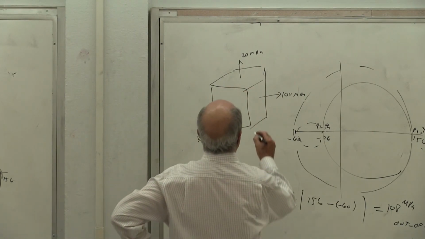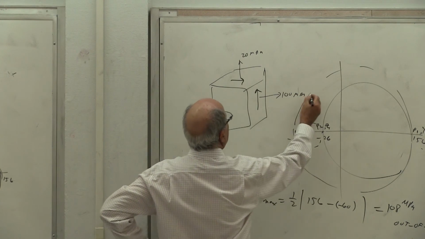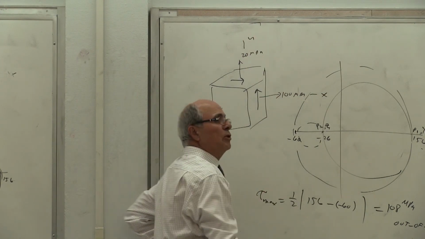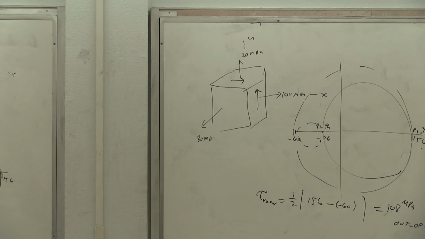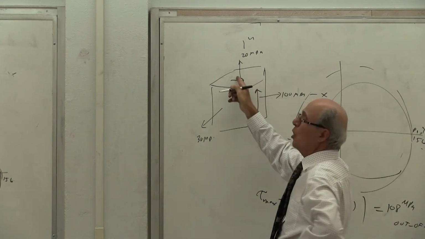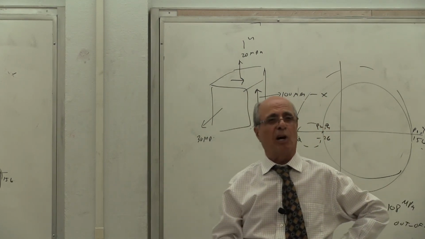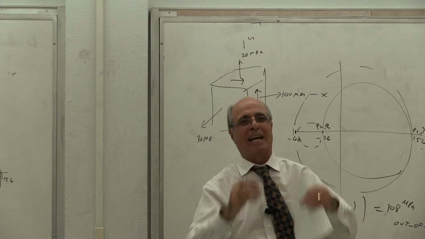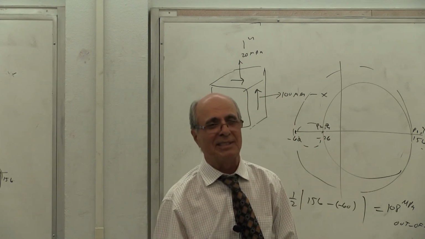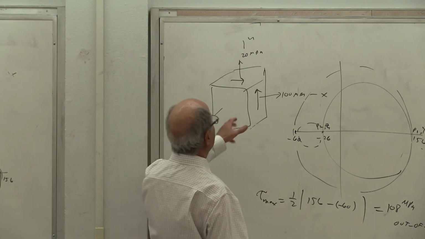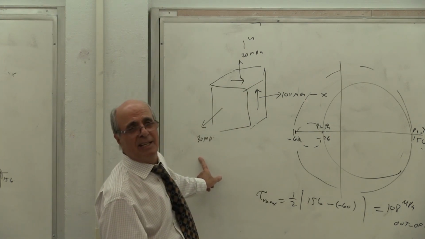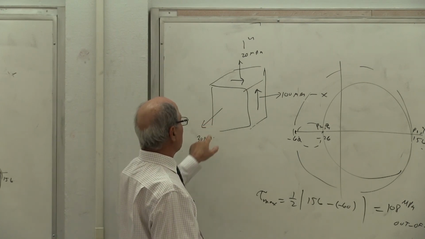Now, if I put here a shear stress, and this is X and Y, notice I do not have the principal in X and Y, but I have principal in Z. Everybody see what happened there. You have to be very careful about what we are talking about. Notice this is no longer principal. Why? Because you have shear. So you have to get rid of shear stress. How do you get rid of shear stress? By turning it around. Exactly. When you get to the principal stresses. Yes or no? But whenever you want to turn it around, you have to turn it around about the z-axis. But now it's still sigma z equal to 30.